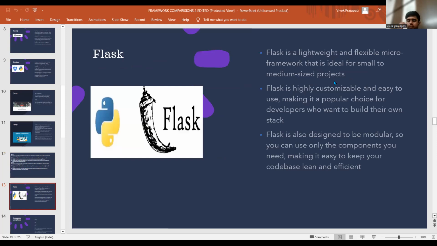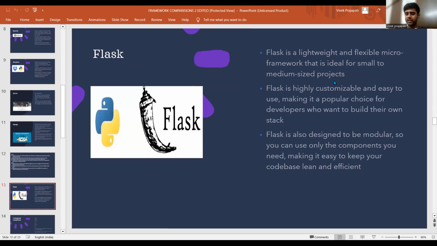Next is Flask. Flask is a minimalistic framework because it is lightweight, and it is ideal for medium-sized projects like building your own calculators or something small, like a small project or small website.